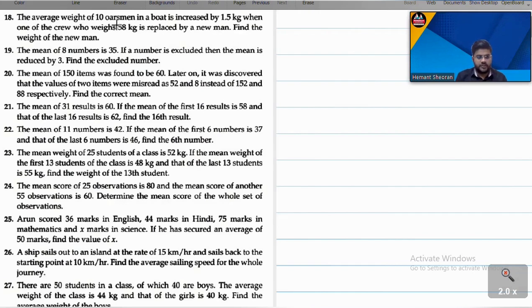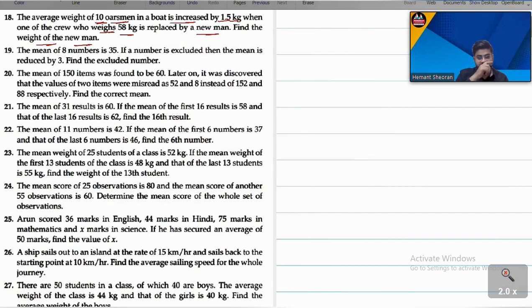The average weight of 10 men in a boat is increased by 1.5 kg when one of the crew who weighs 58 kg is replaced by a new man. So find the weight of the new man. So first of all, what we can do in this case,